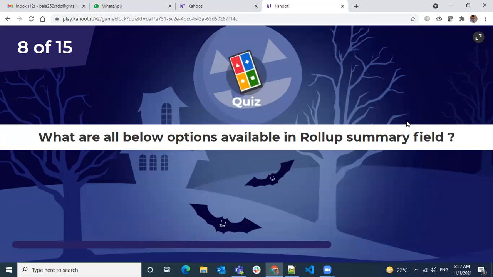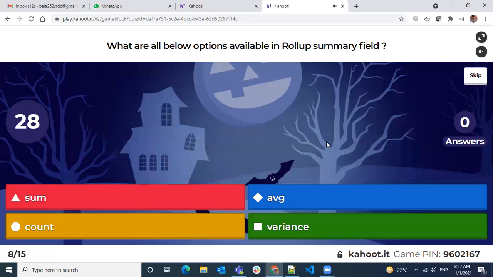What are all the below options available in a roll-up summary field? Be careful. It's already covered in this assignment and all. So just be careful and try to remember what options we have seen. And I expect 100% correct answers for this one.